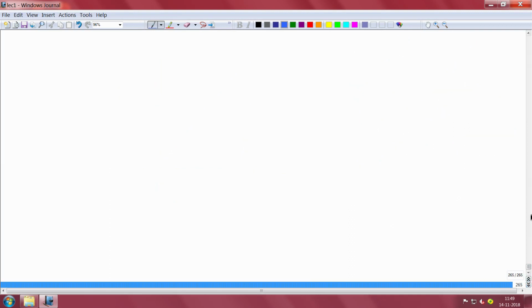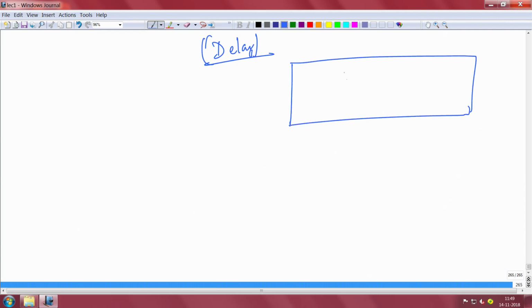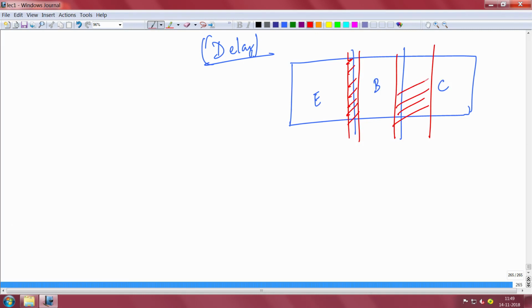So, what does delay mean? Okay, what does delay mean? Delay essentially is in a way related to how fast the transistor can operate. So, for example, if you talk about a BJT, this is your emitter which is highly doped, this is your base, and this is your collector, and the emitter has a very small depletion region here, right, and the base collector has a wide depletion region here, if you recall, right. I call this WBC, the base collector depletion width. This is very narrow, this is the base emitter depletion width.